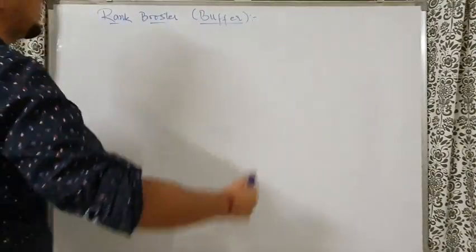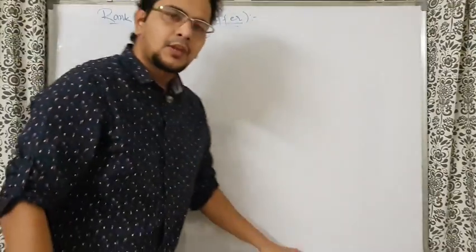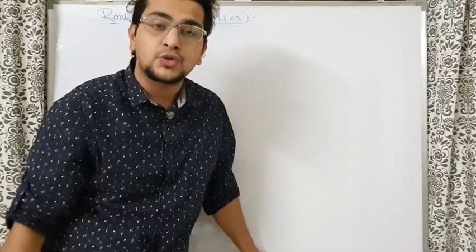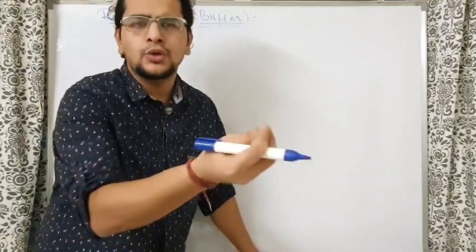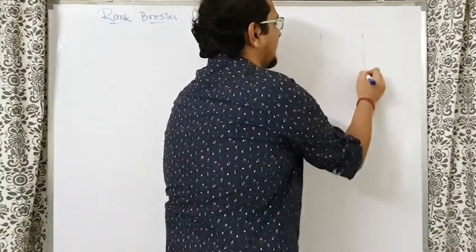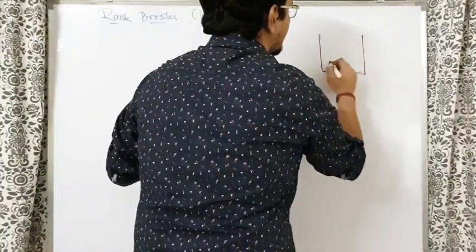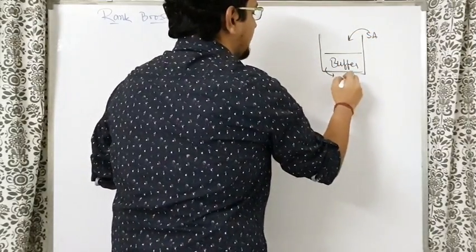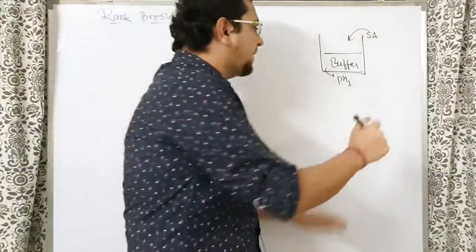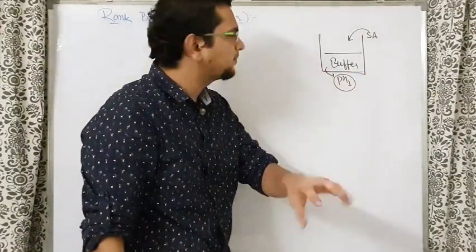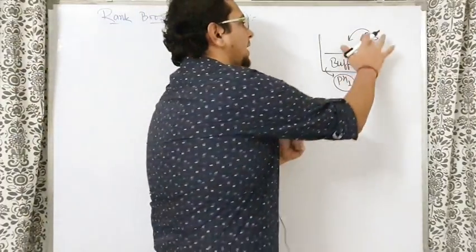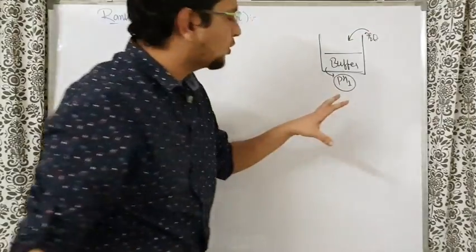So look, what is a buffer? A buffer is a solution which resists the change in its pH if you try to add a small amount of strong acid or a strong base, or you do a little bit of dilution. That means if I have one container here and let us say it contains a buffer, and I add a little bit of strong acid, say the pH was 1, on adding a strong acid the pH will remain nearly pH 1 only. Or if I add a strong base, then also the pH will not change a lot. Also, if I add a little bit of solvent, a little bit of water, the pH won't change much.